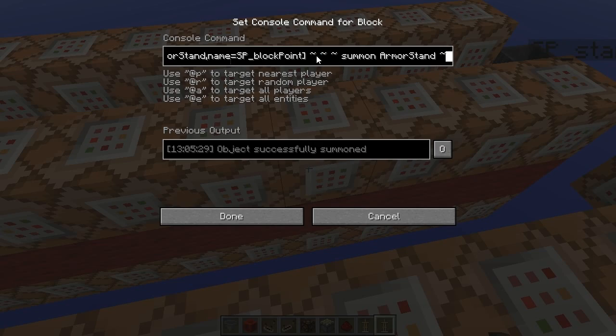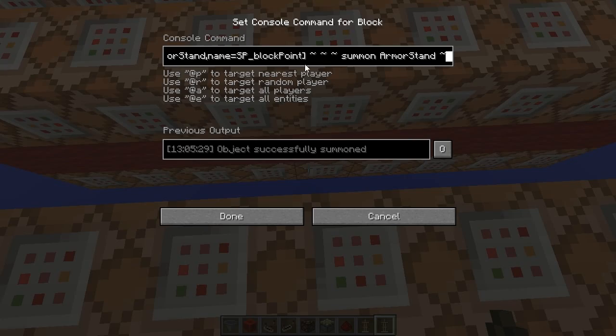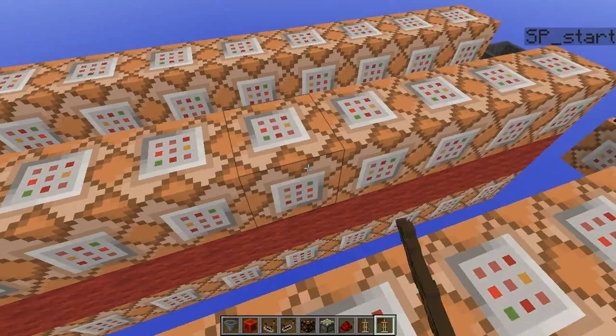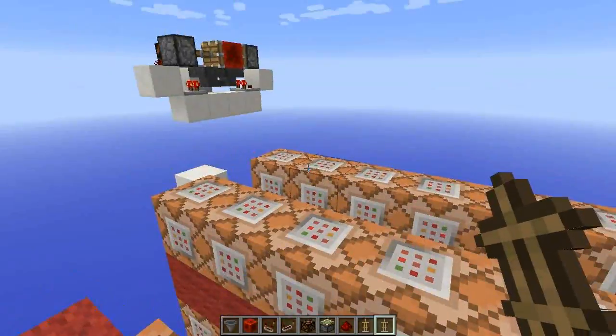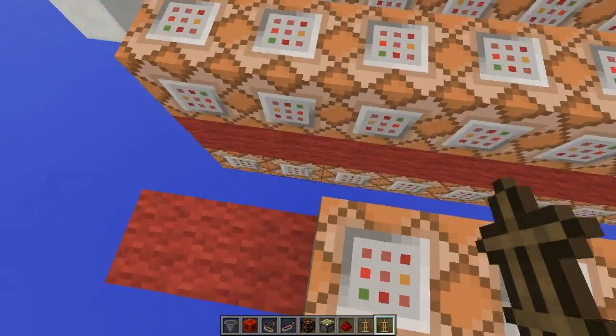So here we summon them 4 blocks in front, which doubles them again. And then we summon them 2 blocks in front, which doubles them again. And then 1 block in front, and that does the entire row. And then we do the same thing in the Z. So basically, these are all just summoning them in different places. And then finally over here,